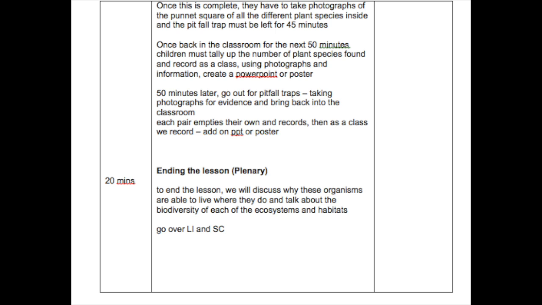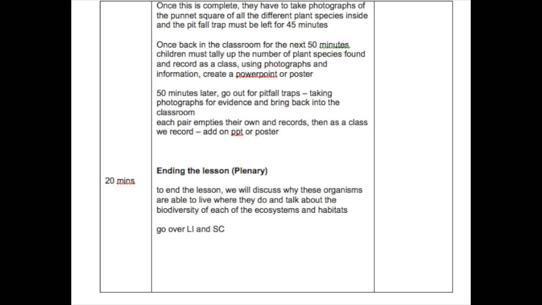15 minutes later they'll go back down and collect their pitfall traps, and as a pair they'll go over it together, and then as a class they'll go over it and record it using photographs, and we'll treat it as an investigation. To end the lesson, we'll discuss why these organisms are able to live where they are and talk